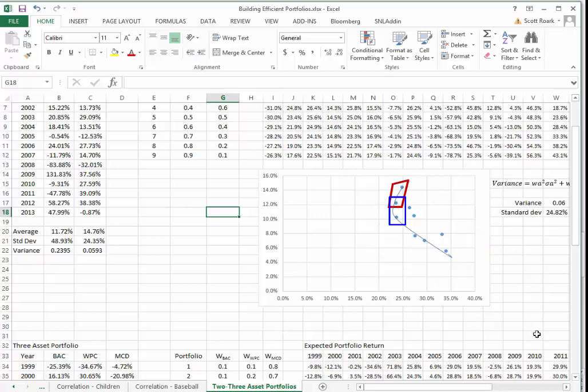So let's look right here at these 2 points. They both have a risk measure of around 23-24%, but one of them has a 12% return and one of them has a 10% return. So clearly we would pick the one that has the 12% return. We're not going to pick the one that has a lower return for the same level of risk. That would be an inferior portfolio. And so with this particular opportunity set, we only have 2 portfolios that we would consider.